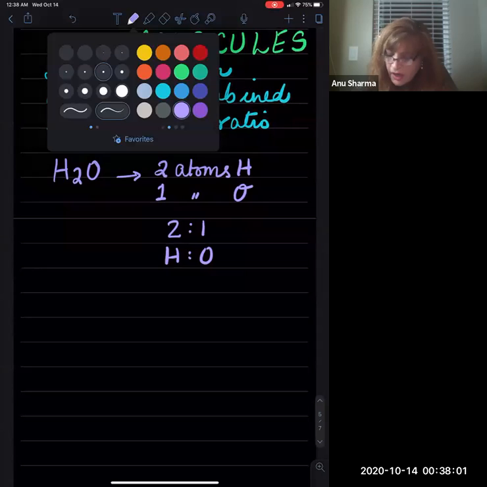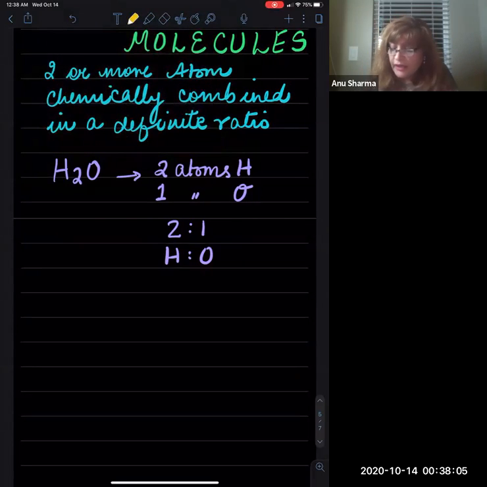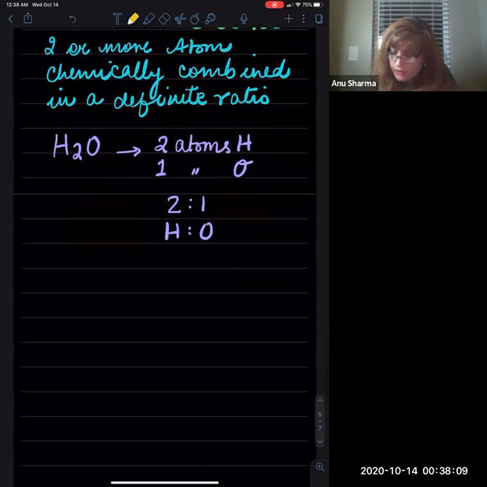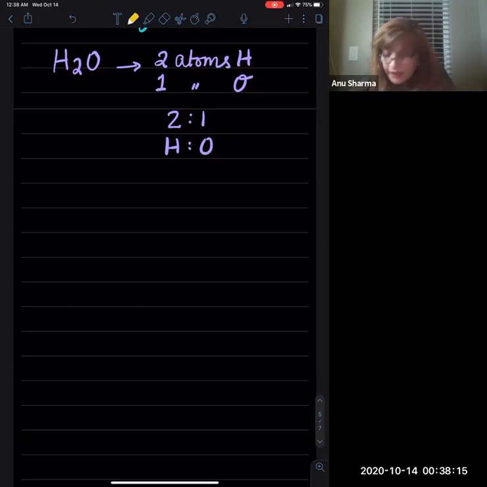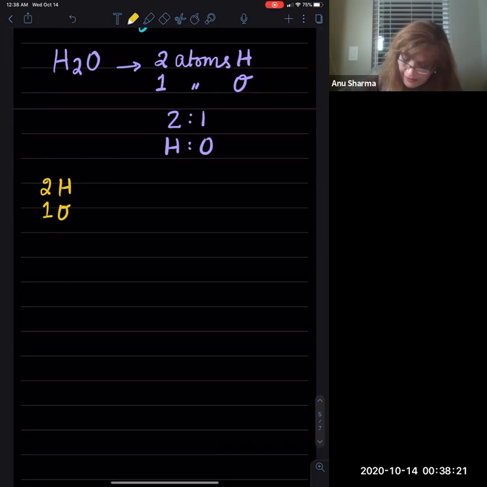sorry, how to calculate the empirical and the molecular formulas. So it's very important you understand the moles in this case. Here we have two atoms of hydrogen and one atom of oxygen. Let's calculate the formula mass, or sorry, the molecular weight, or the molecular